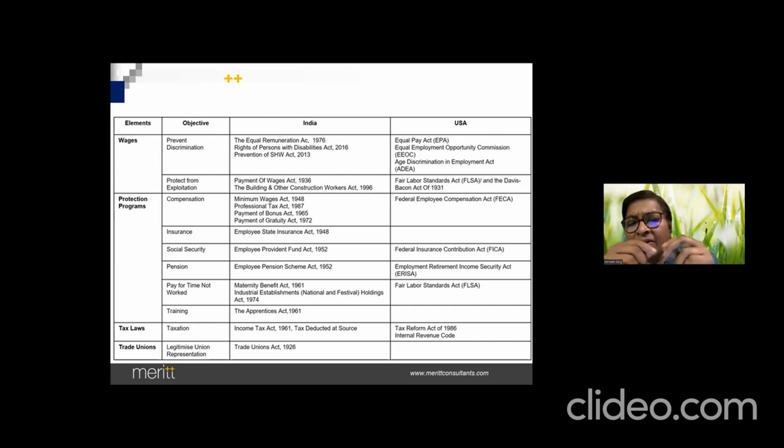There's also this act called the Apprenticeship Act. Anybody using that? Why do you use that? When you take people in as interns or apprentices, you can get a subsidy from the government, especially in manufacturing organizations. A lot of organizations use this Apprenticeship Act to get a subsidy. Anybody using it here? Who's working in a manufacturing organization?